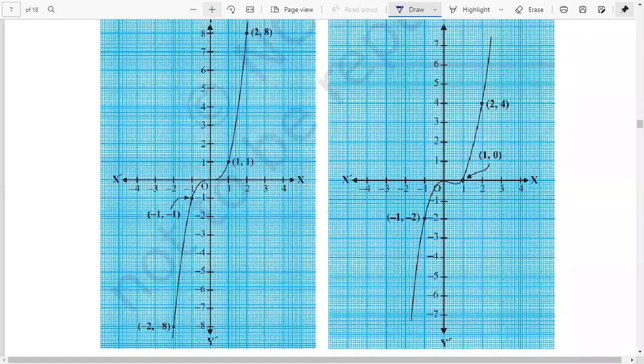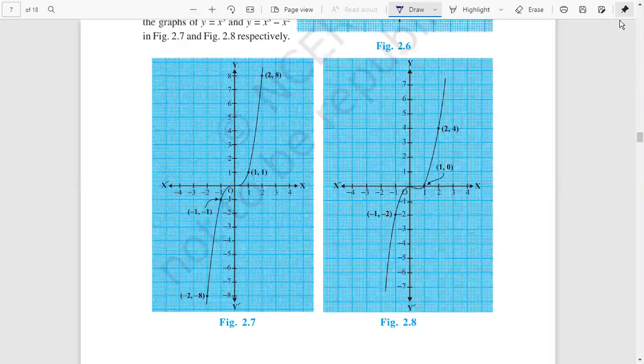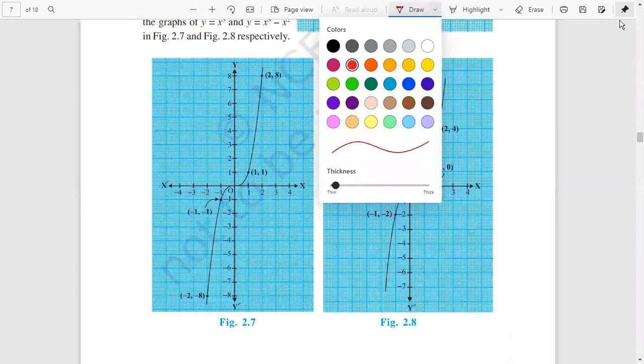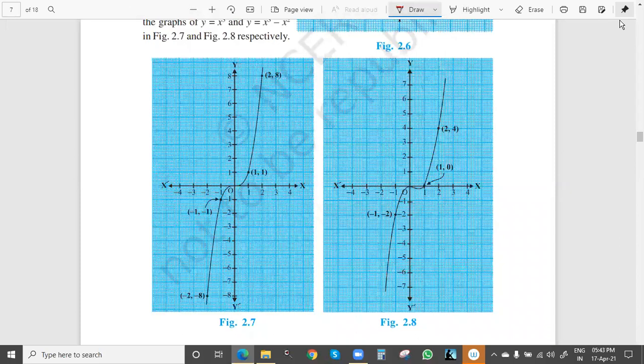please reply your answers for these two graphs. How many zeros will we have in each? Please respond quickly. Chanchal 2, okay. Pratibha 1, 2, okay. Then Akhil 2, Hemant also 2, 2. Okay, good. Rashul 2 for both the cases. You can separate by comma, or 2 and 2, or 1 and 2. Both the answers you can write together. Anyone remaining? So Pratibha 1, 2, Hemant 2, 2, Rashul 2, Steve 2.